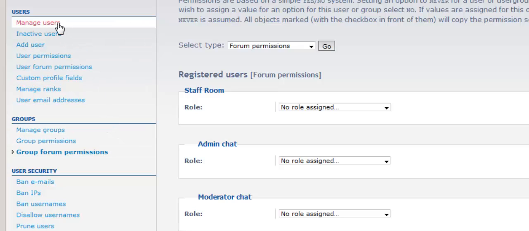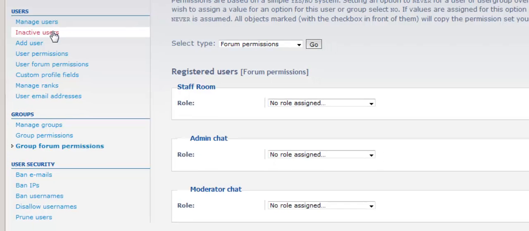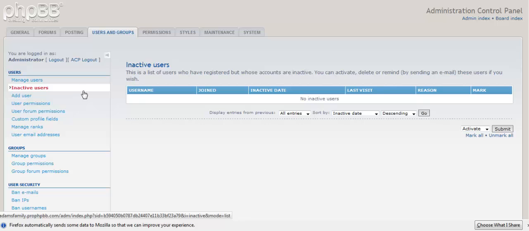So first of all, this one's a little bit text heavy, we'll leave manage users just for now. I'll come back to that one in a moment and you'll see why, because there's quite a few options under that one. Inactive users, if we click that, then if you've got your board set to activation by email for instance and they haven't clicked the link, their username and information will be listed here.